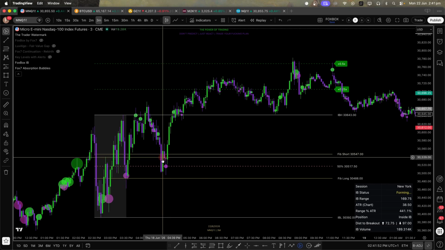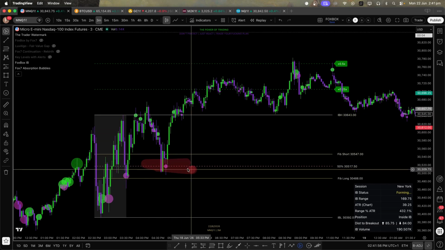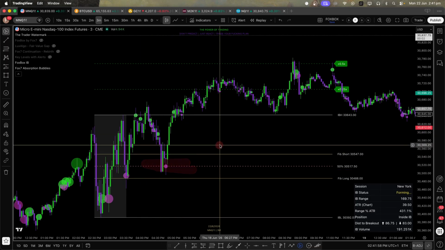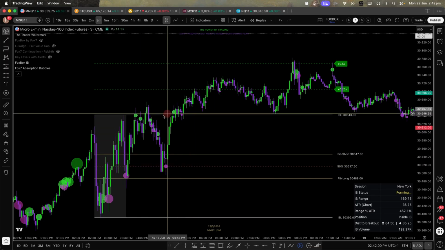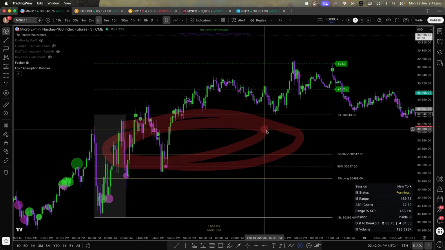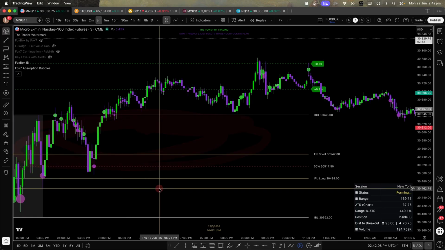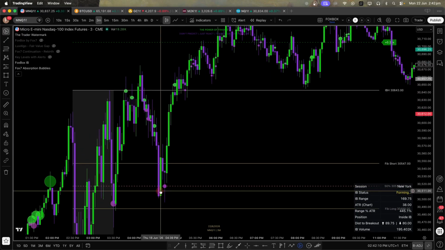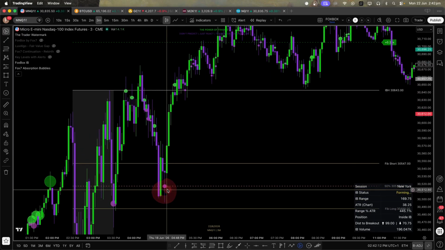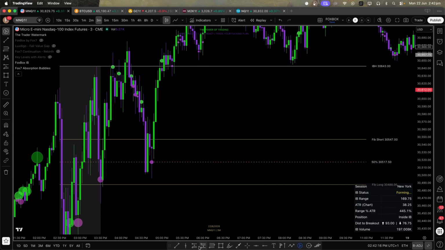The other discretionary model is if it has broken out, you can also have a limit on the 50%, because like we said, the theory is, well, it's not really theory because it's backed up by data. If we break out of one side, then that side's going to defend. So buyers are going to defend this level. You could have had your entry here. And then to give it confluence, what do we get? We get absorption bubbles of sellers. We close back above. So you can take your entry on the closed candle,